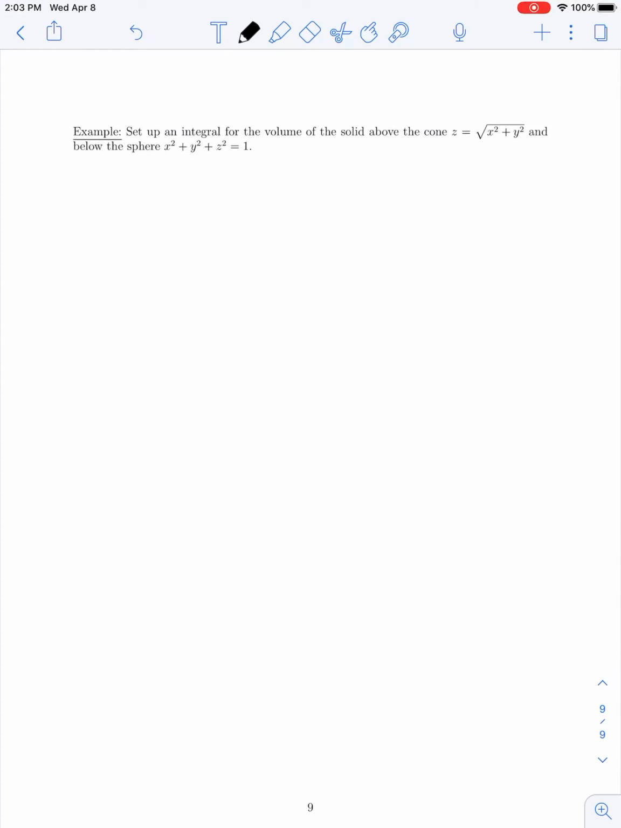In this last example, we are asked to again set up an integral for the volume of a solid which lies above a cone defined by z equals the square root of x squared plus y squared. So here let's sketch our solid region as we're going through the problem. So we have the cone z is positive square root of x squared plus y squared. So that would be the upper half of the cone, that lies above the xy plane, where our cross sections are circles,